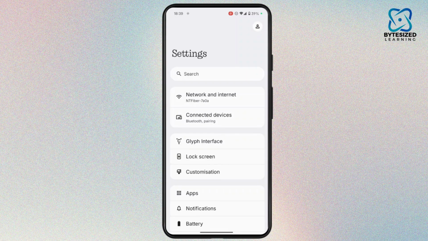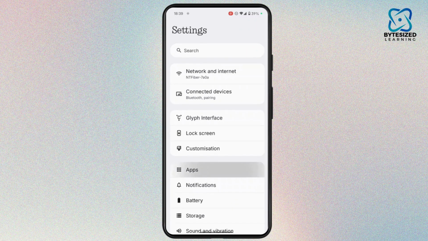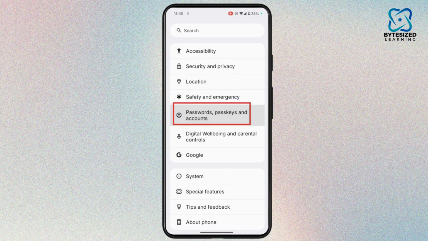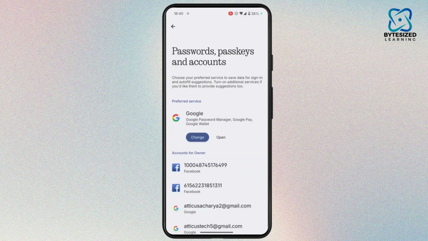After you open up your settings, you will then need to head over to accounts. So search for accounts. You can scroll down. You should find accounts right here with password, passkeys, and accounts. Sometimes it's this or accounts and backup or simply account. So select that. And after you're there, you can see accounts for yourself and you can find which account you